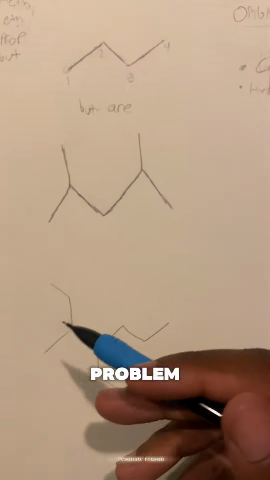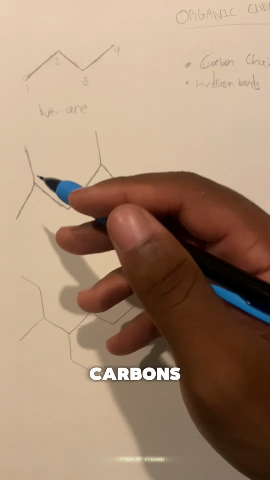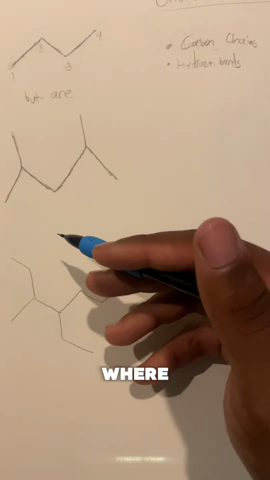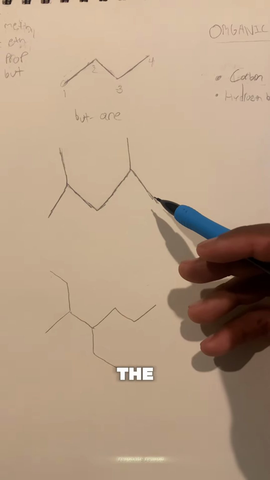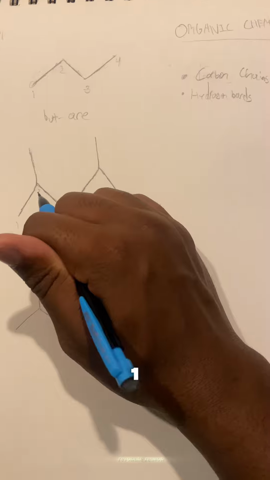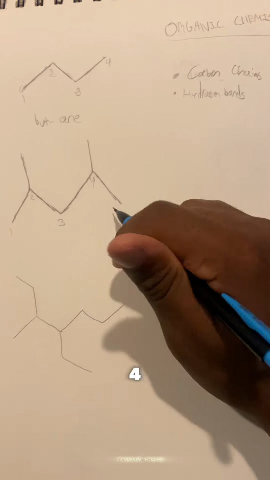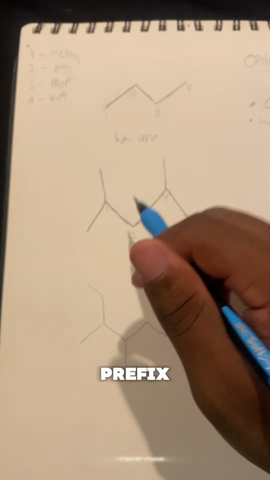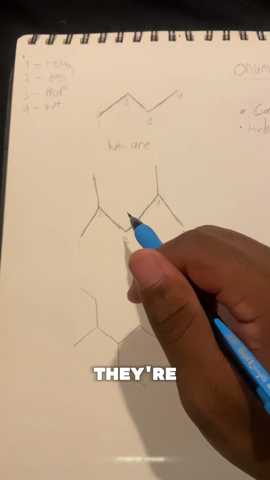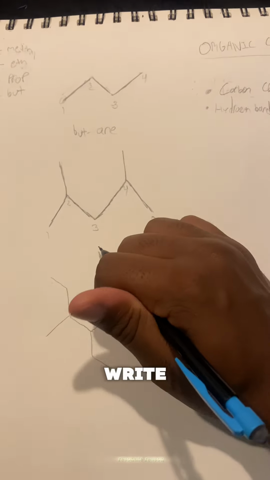So likewise to the first problem, the first step we're going to do is identify the carbons and find the longest chain. We can obviously just look at this and see that boom, boom, boom, boom, boom, that's going to be the longest chain. So we can identify this as 1, 2, 3, 4, 5, because that's where our carbons are going to be located. And we know that this is the prefix to our compound class, which is an alkane because there are only single bonds. We're going to be able to write the base name